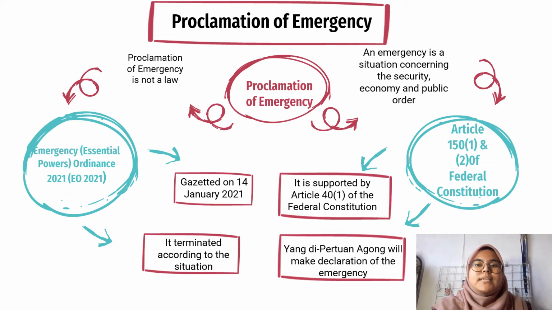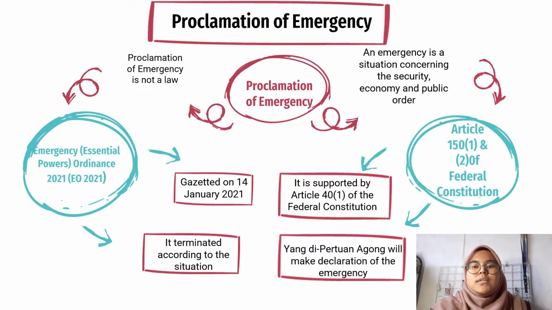Furthermore, the emergency itself is not a law. Instead, it gives the Yang di-Pertuan Agong plenary legislative power, which is traditionally reserved for the Parliament and the state legislative assemblies. On January 12, 2021, the Yang di-Pertuan Agong proclaimed an emergency as a preventive action to limit the increasing COVID-19 pandemic in Malaysia. It will be enforced until August 1, 2021,